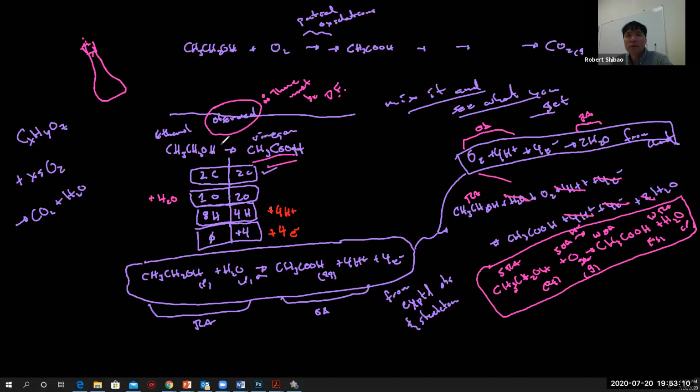Sometimes both the reducer, ethanol, and the oxidizer don't occur on the chart. Or the oxidizer might occur on the chart, but it gives a different product. That's another scenario where we might have to do skeleton for both. In this case, we did skeleton for the reducer, but we didn't have to do skeleton for the oxidizer.